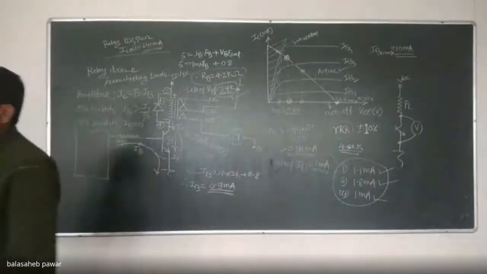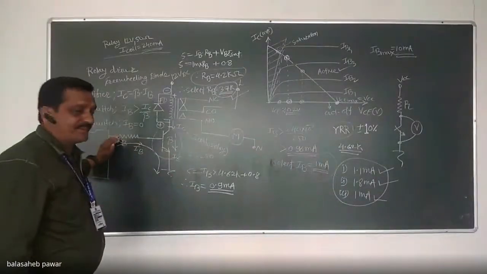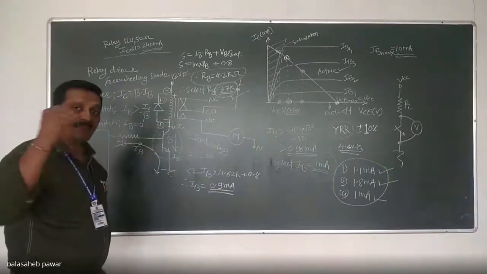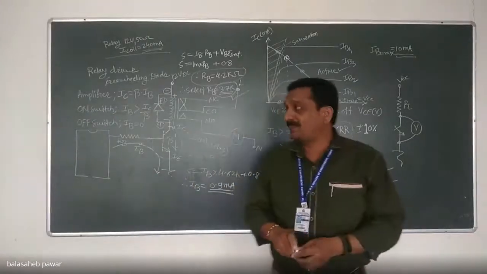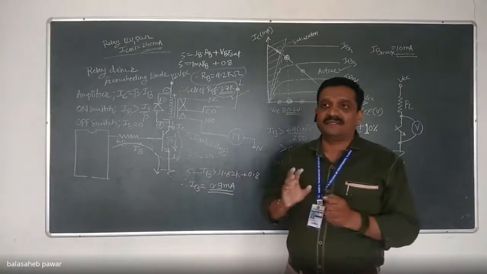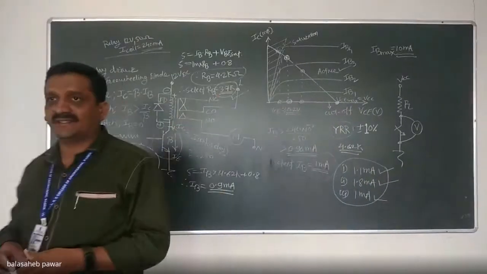Base will be at zero potential, which is P type. N, that is the collector terminal, will be at very high positive potential, that is the energy stored by the inductor. So the PN junction formed between base and collector, we can say it will be very highly reverse biased. Got it?